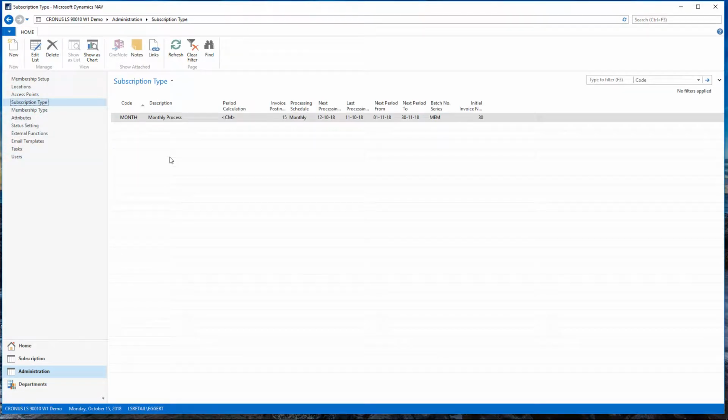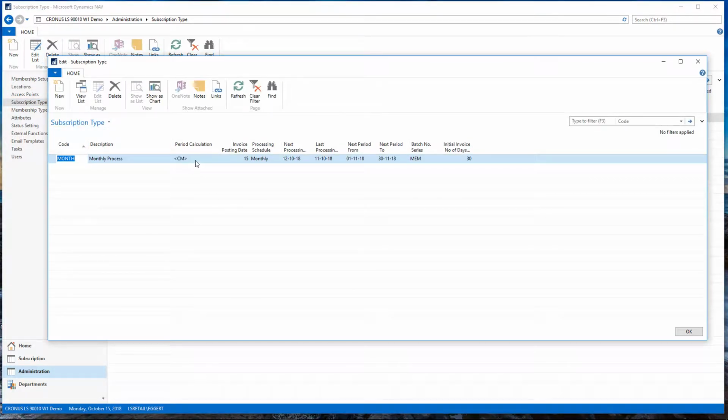Then we have subscription type. This is a setup needed to define how frequently you're going to do the invoicing for the subscriptions. A quite common setup would be monthly invoicing. So then you divide the period calculation, in this case the current month. Then we have